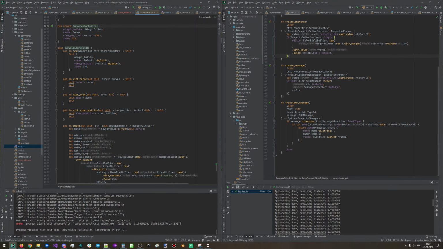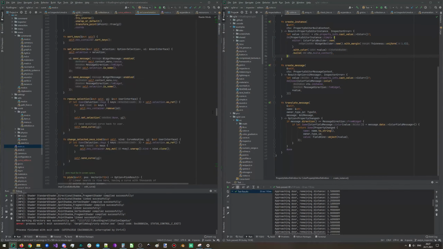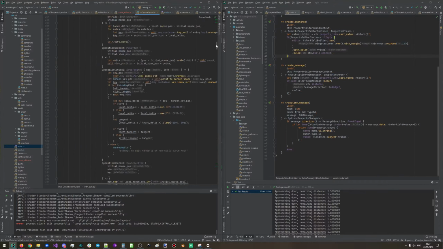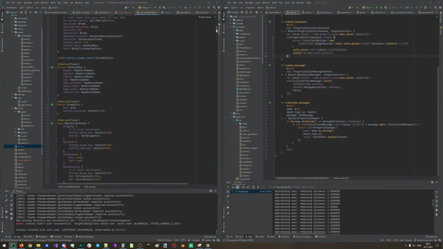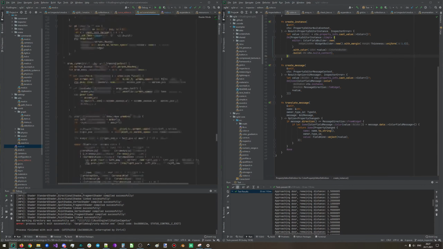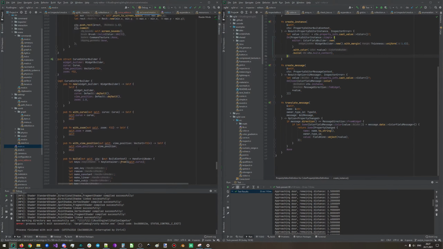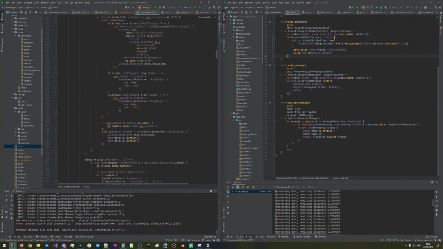It accepts a curve that we will be editing. It accepts it by value because this entire widget, which is pretty huge, is not a single module. It's a few modules. It holds the state by itself. So what we will be doing is modifying the curve instance inside the curve editor, and the curve